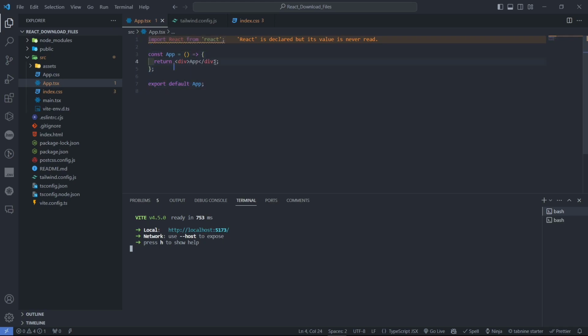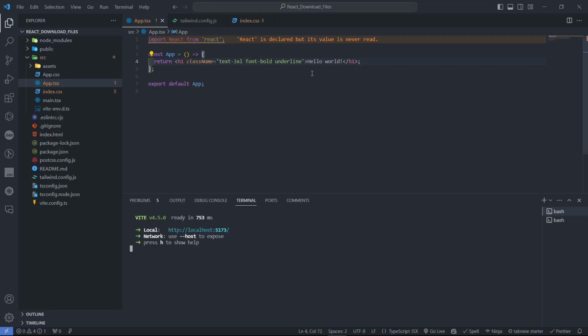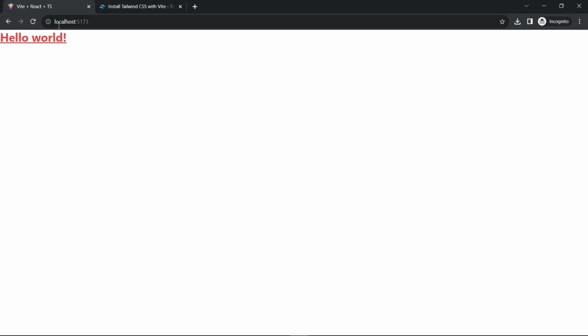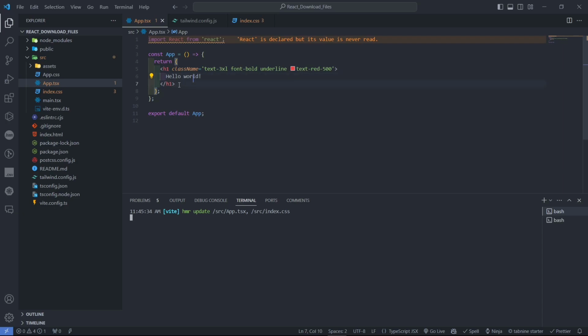Okay, so hello world, and indeed it works because of the underline. For example, if I change the text to red, for example, and there you go, perfect. So now